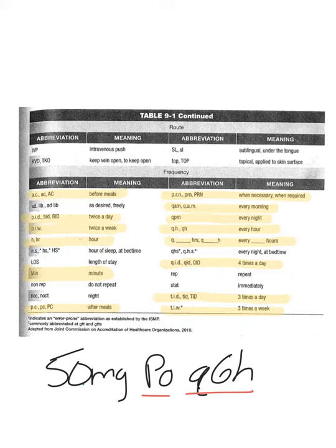So these are the ones that I want you guys to be familiar with. Be prepared to see those on your quiz next week. So focus on those highlighted ones if you're not already familiar with those. Hopefully ones like